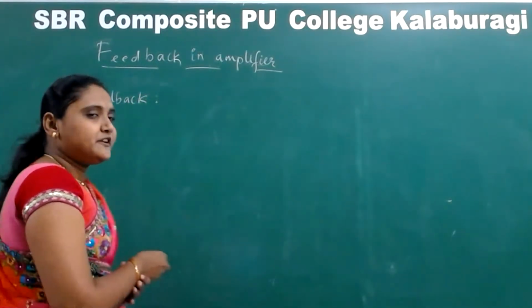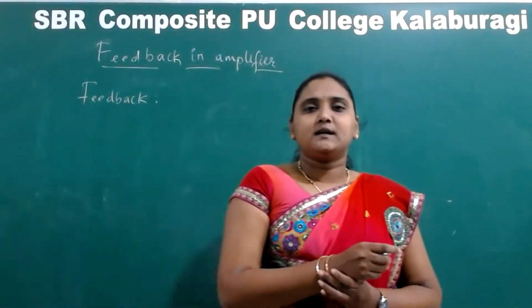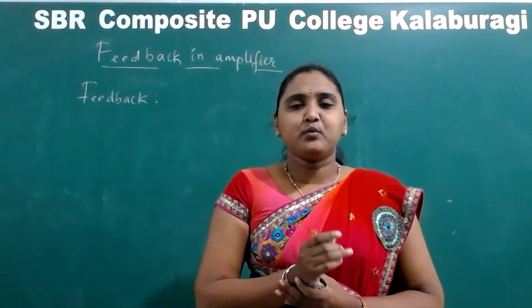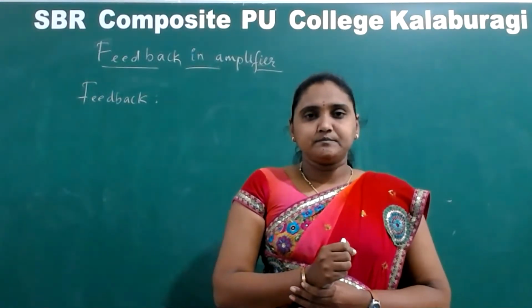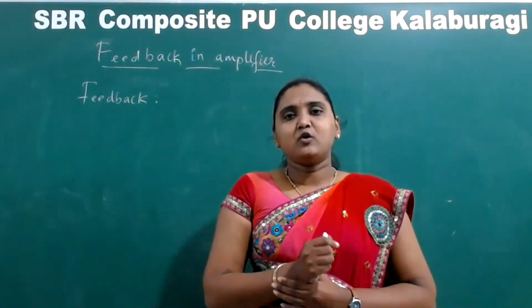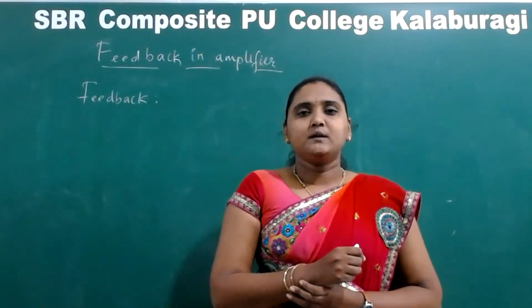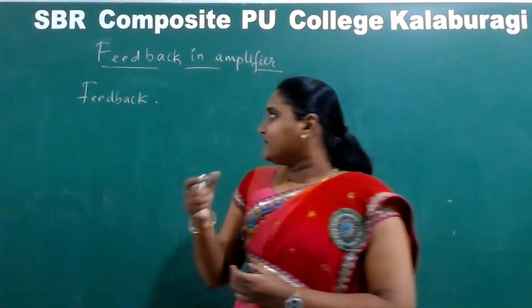What happens in feedback is that the output of the amplifier is taken, or rather a portion of the output produced by an amplifier is taken and applied to the input. A portion of the output is applied back to the input. This is called the process of feedback. So I am going to write the definition of